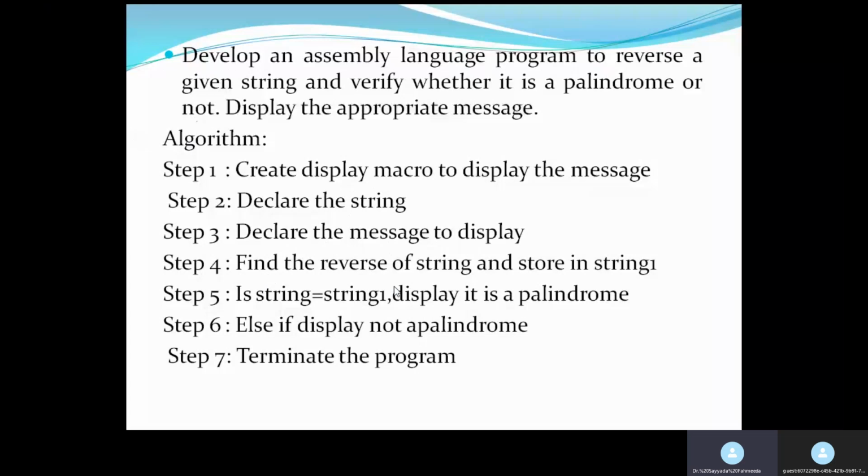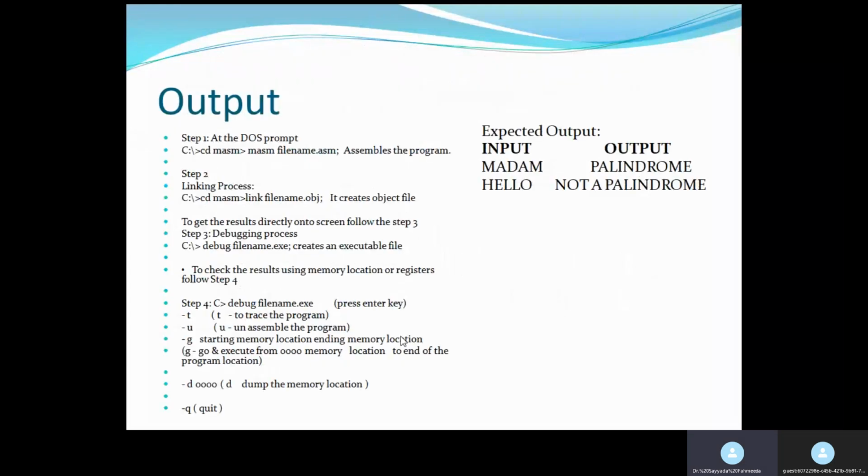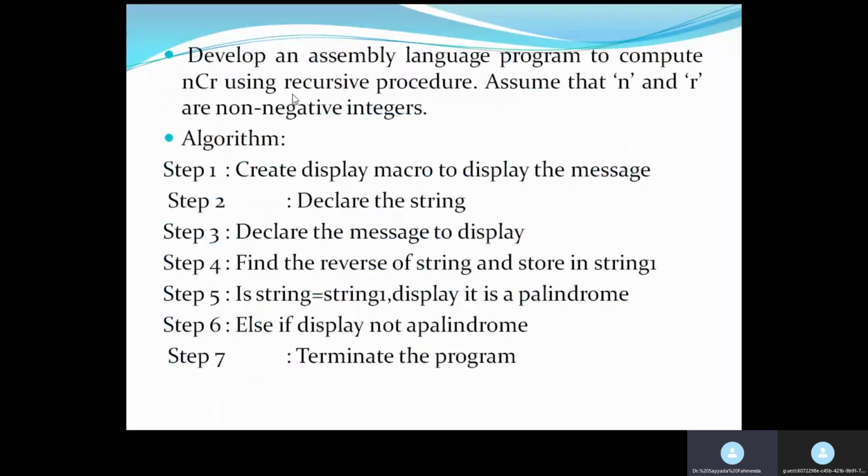Then find the reverse of the string. Then compare the forward string and the reverse string. If both are the same, then display it is a palindrome. If both are not the same, then display it is not a palindrome. Expected output: here I have given an input as madam, so the output should be palindrome. And if I give hello, the output is not a palindrome. Follow the same pattern of execution: MASM for assembling, link for linking to generate an exe file, then debug to see the output. Next program is to find